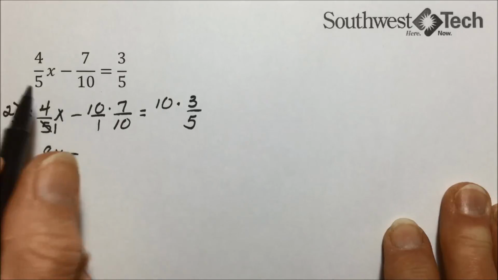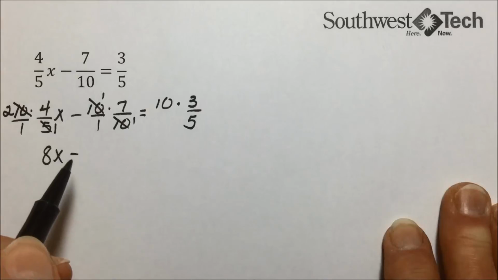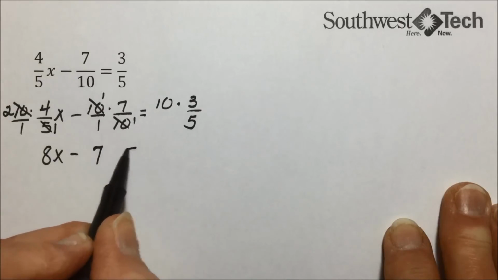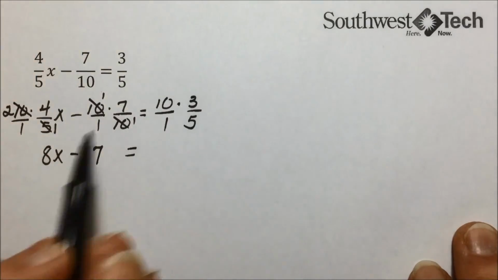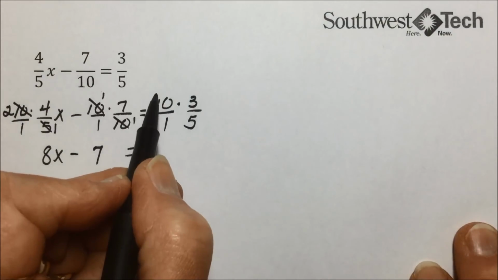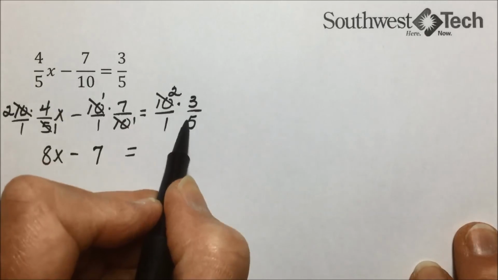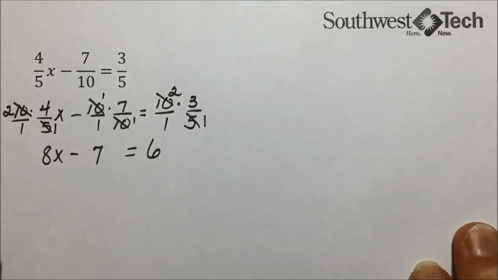We have a 10 over 1 here. 10 divided by 10 is 1. 10 divided by 10 is 1. So we end up with a 7 over 1 when we simplify that fraction multiplication. And our last multiplication, whether you think of this as 30 divided by 5 to get 6, or divide top and bottom by 5, 10 divided by 5 is 2, 5 divided by 5 is 1, leaving a 2 times 3, 6 over 1. The fractions are gone. It looks much better and easier to solve.